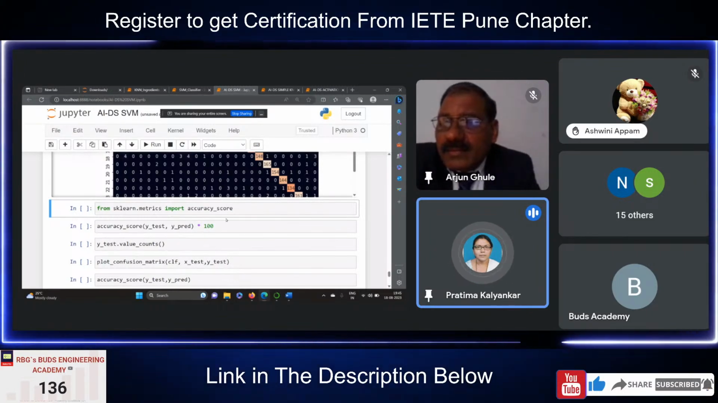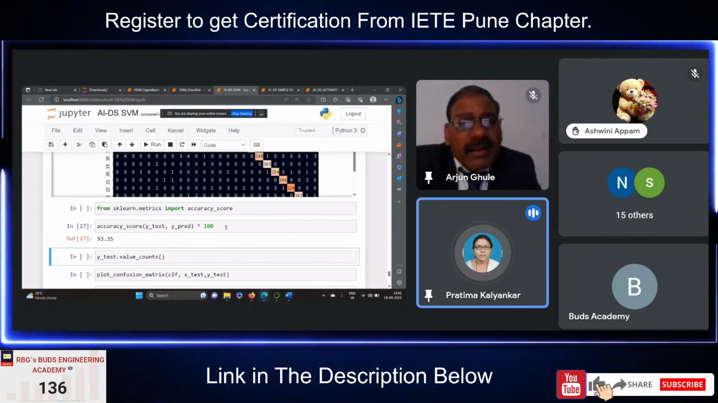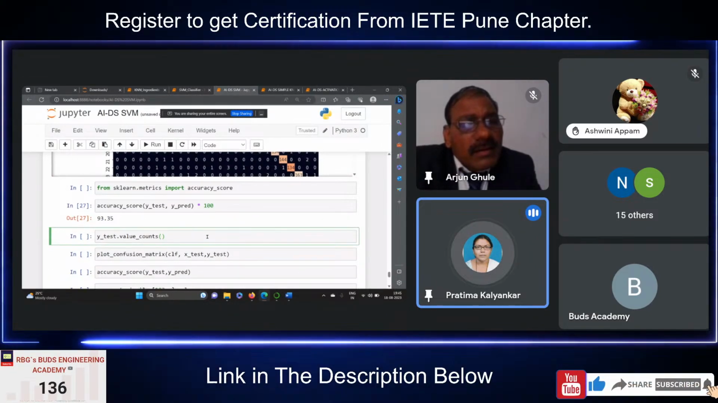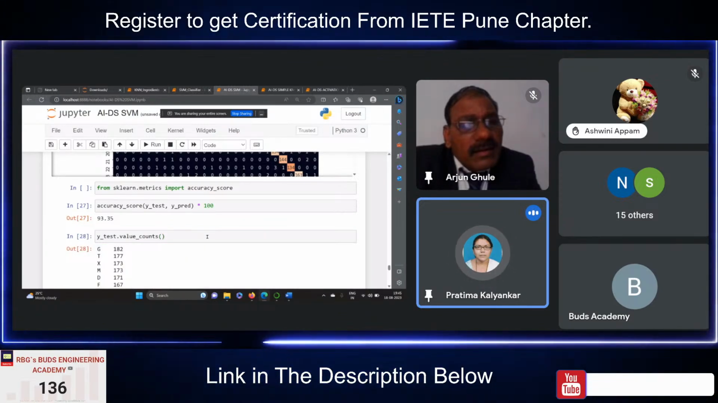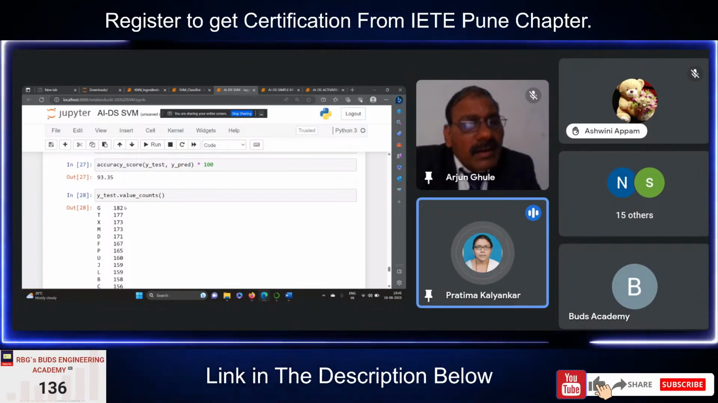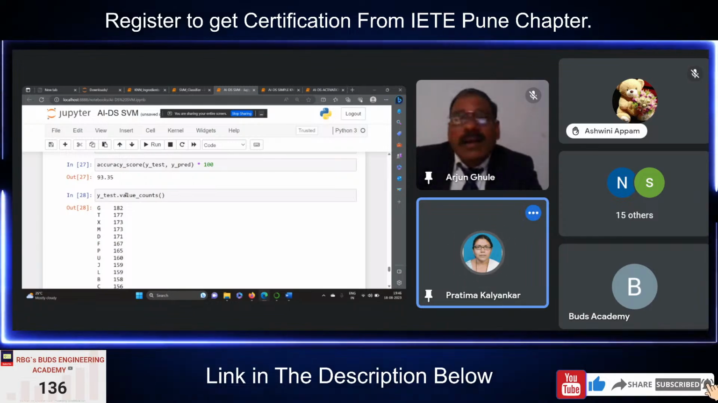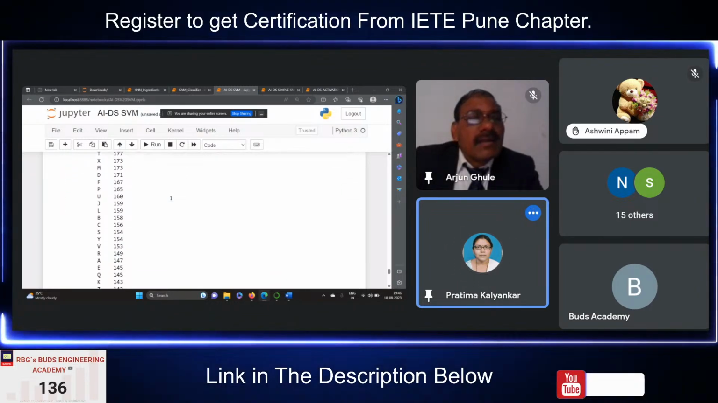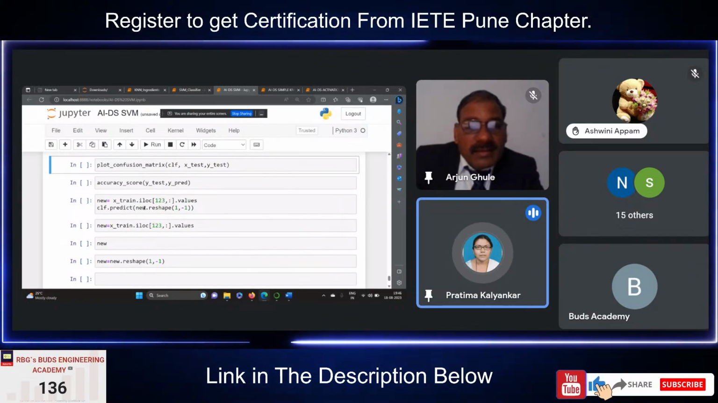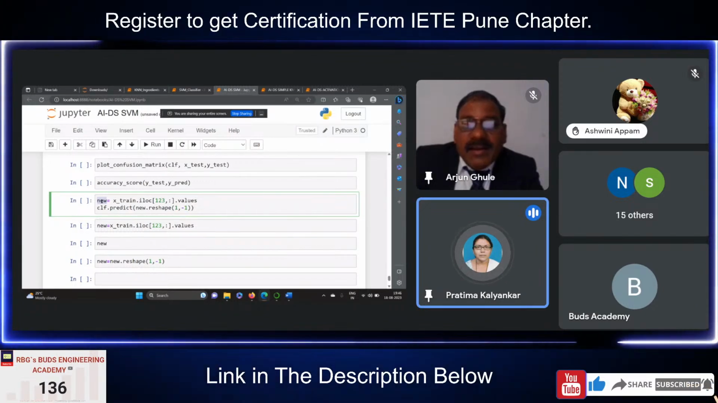Then the accuracy score you have plotted out. Converting it into a percentage, you are getting 93.35. Then what Y test values are getting displayed, how the values are, that is, how many times G is appearing, you can count with the help of a function available, that is value_counts. Then you can have the other features also, or you can pass some random value and you can predict what